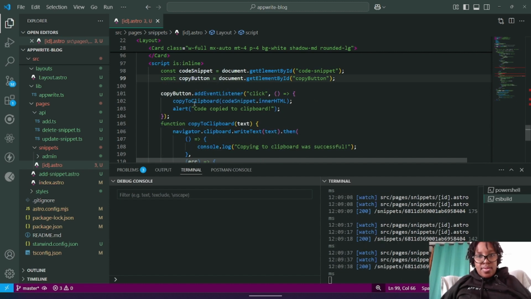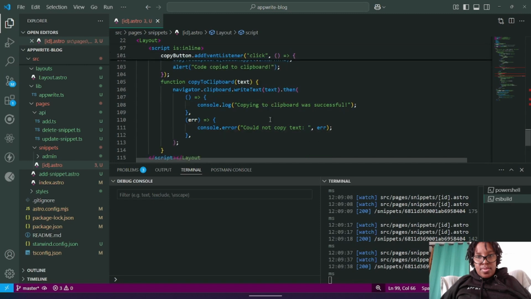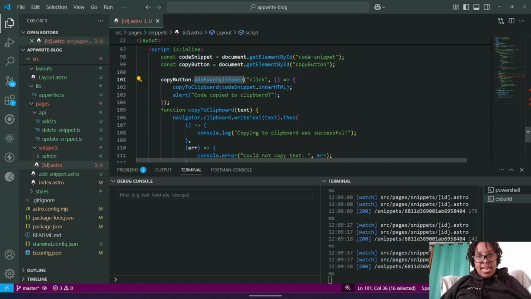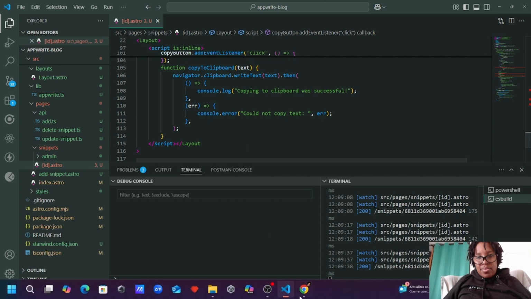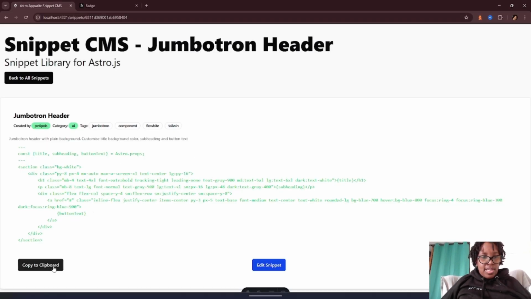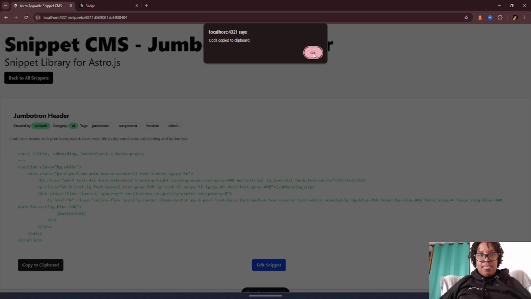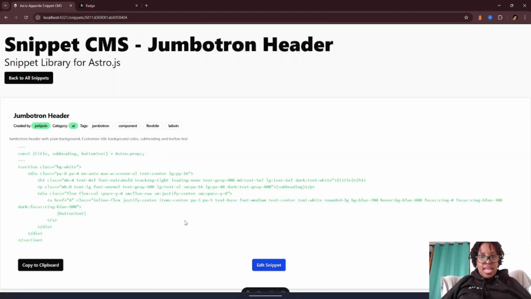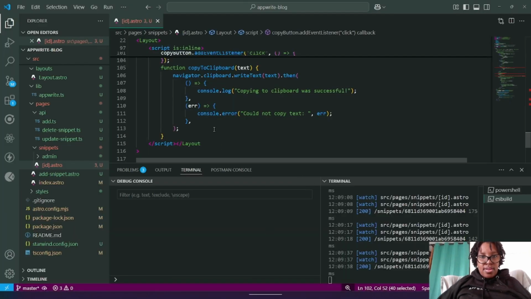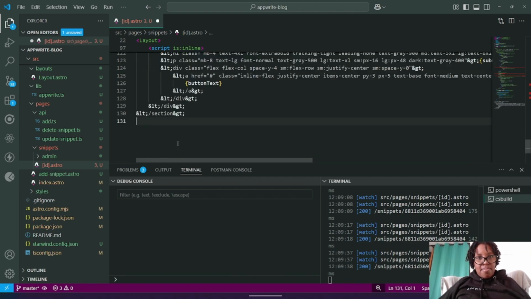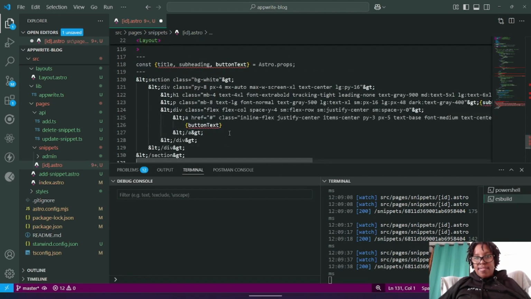And what we're doing, we're going to add an event listener to this button. And when we click it, we're going to alert this. It's actually going to take the code snippet that's inside and say whether it was successful or not. So if we do that, we say copy to clipboard, code copy to clipboard. And if we just go to the bottom here and paste,